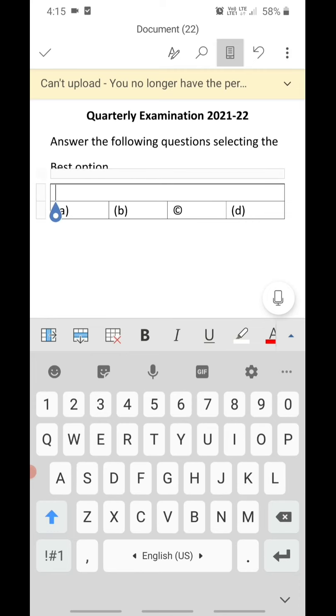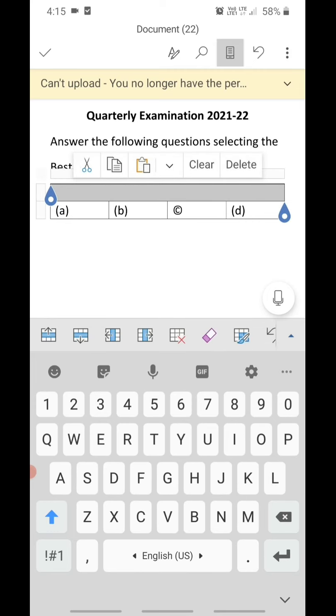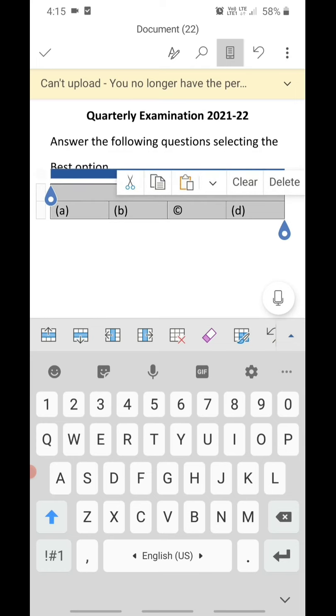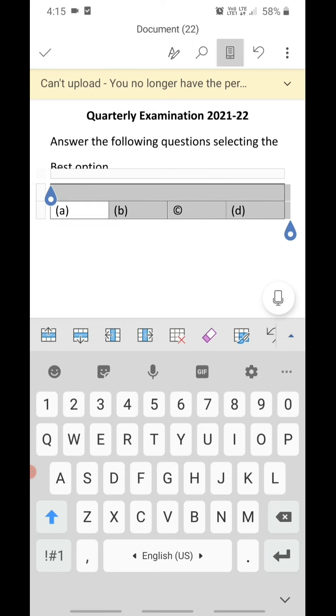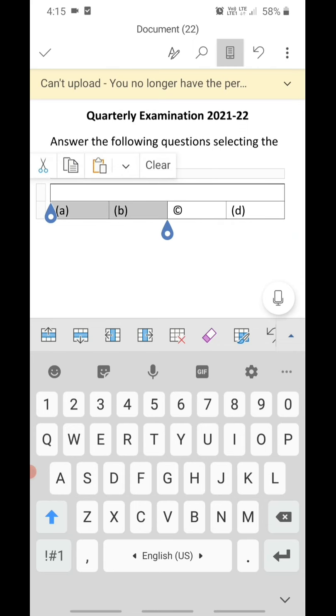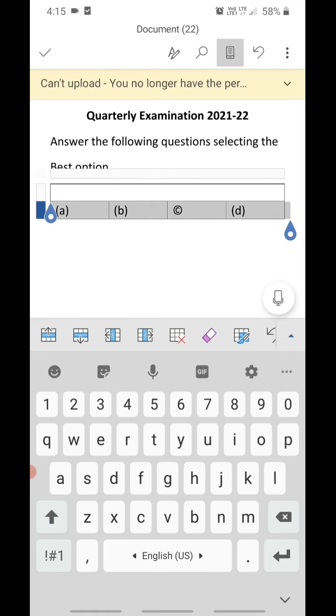Fine, so now what I'm going to do, depending on how many questions you have, I'm selecting it and I'm selecting the second option, which is to copy. Just use your fingers, select from the beginning.